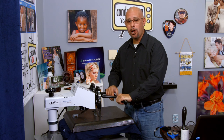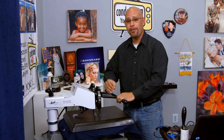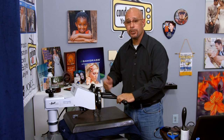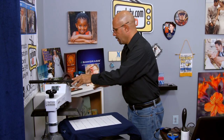Once the timer goes off, we're going to lift the press, we're going to remove the shirt with the backing sheet still attached, because remember, both this paper and our new Conde Low Temperature Laser Dark are cold peel papers. So we want to make sure that backing sheet completely cools before we remove it from the shirt or garment. But now that my timer is about to go off, we're going to go ahead and let this transfer cool, and then we're going to show you the peel results